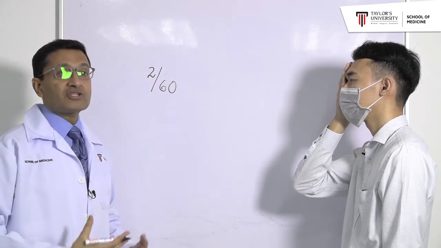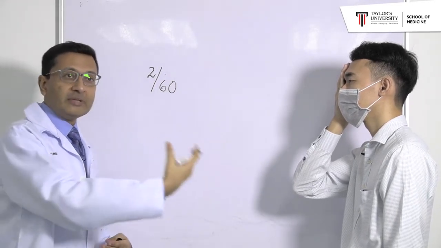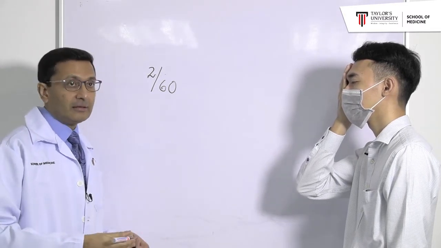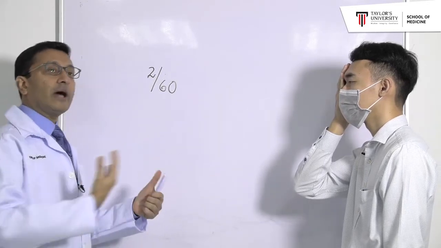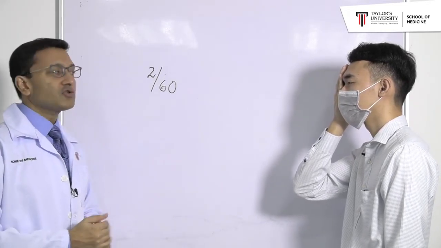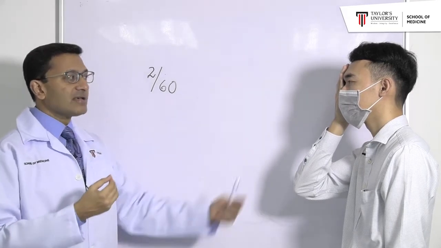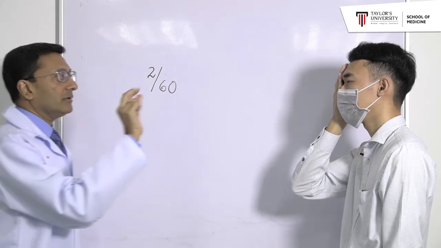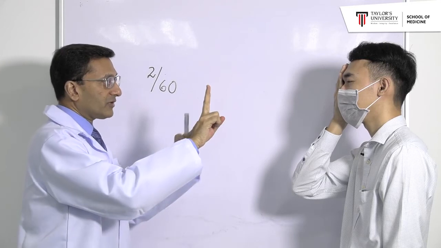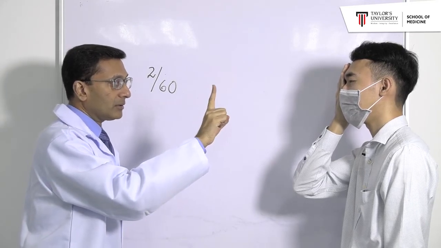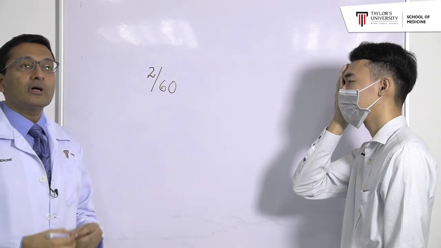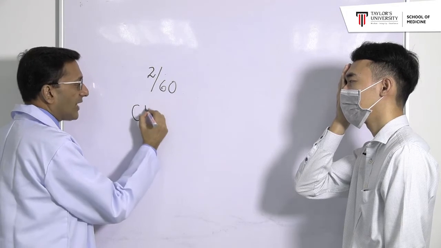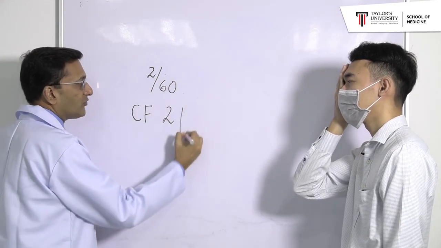What if the patient, even when you moved him 1 meter close to the chart, was not able to visualize the Snellen's chart? Then we know that 1 meter is approximately 3 feet. So from a distance of about 3 feet, I ask the patient to count my fingers. Mr. Bong, can you see this now? No. Okay. Now? Yes. How many fingers do you see? 2. Now? 1. Okay. So the patient is able to count fingers from a distance of 2 feet, and we record the visual acuity as counting fingers 2 feet.